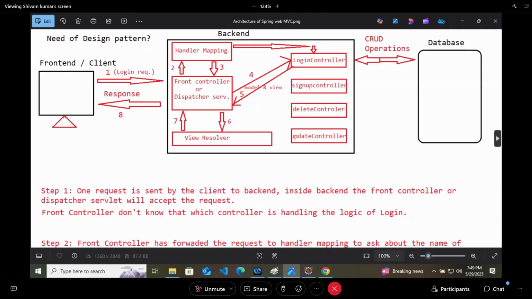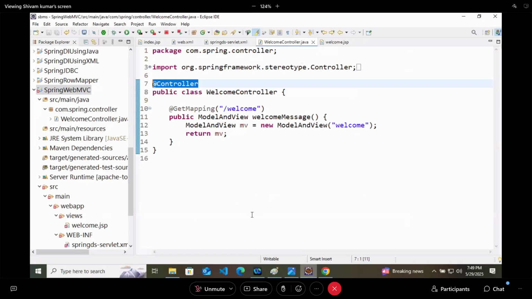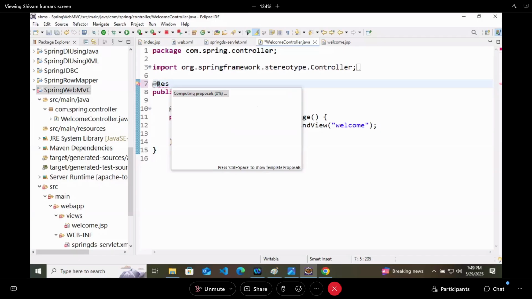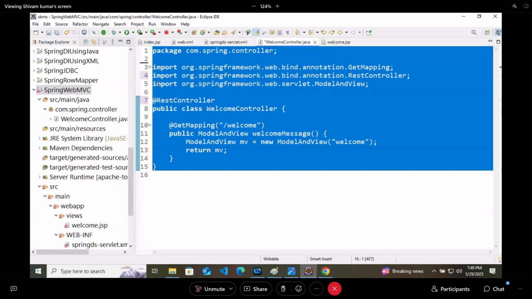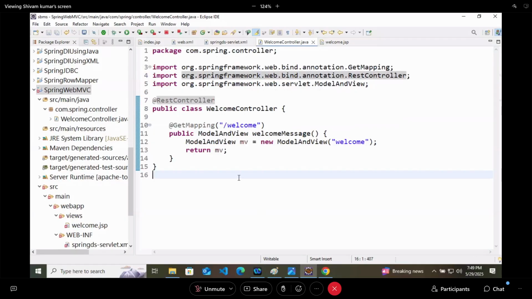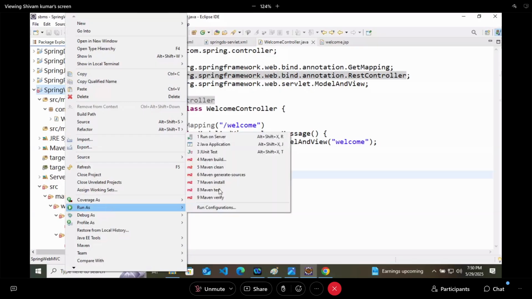We have seen one more controller, that was @RestController, right? We have seen @RestController as well. Controller and rest controller. Now let's try to understand what is the difference between them. So here we will start the application.